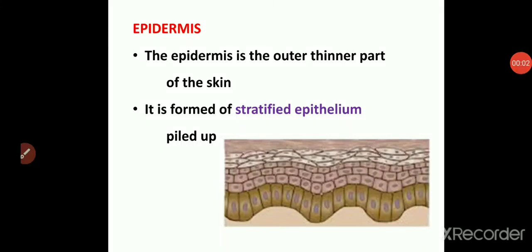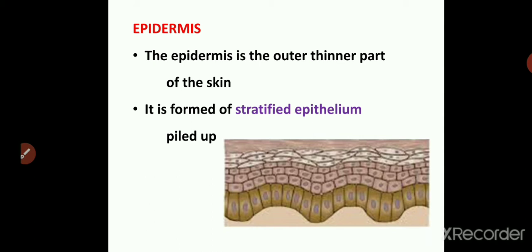The epidermis. It is the outer, non-vascular, and thin region of the skin. It is made up of stratified epithelium. That is, it is made up of several layers of cells. If you remember the tissue lesson, what we studied, the stratified epithelium, that is, several layers of cells packed together